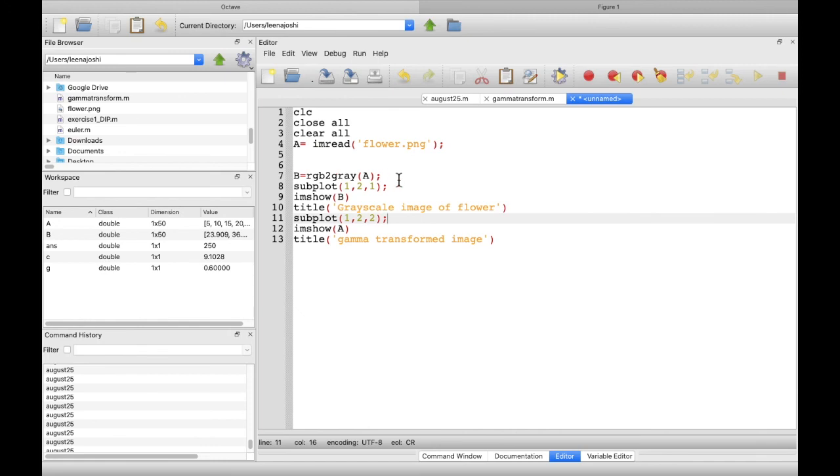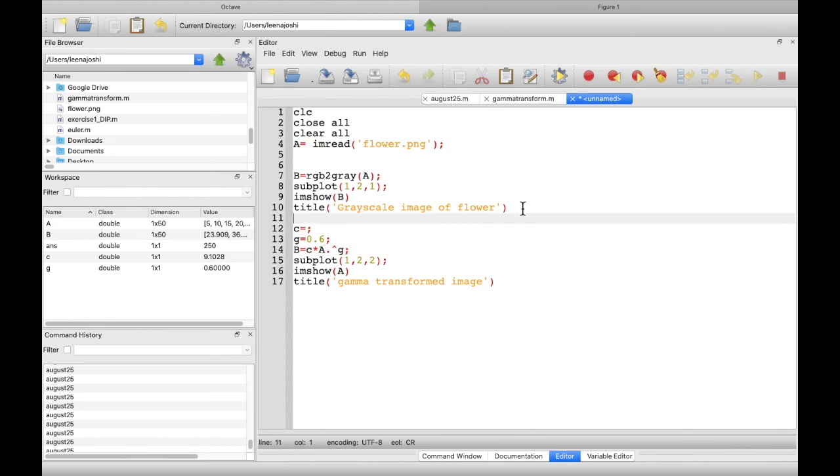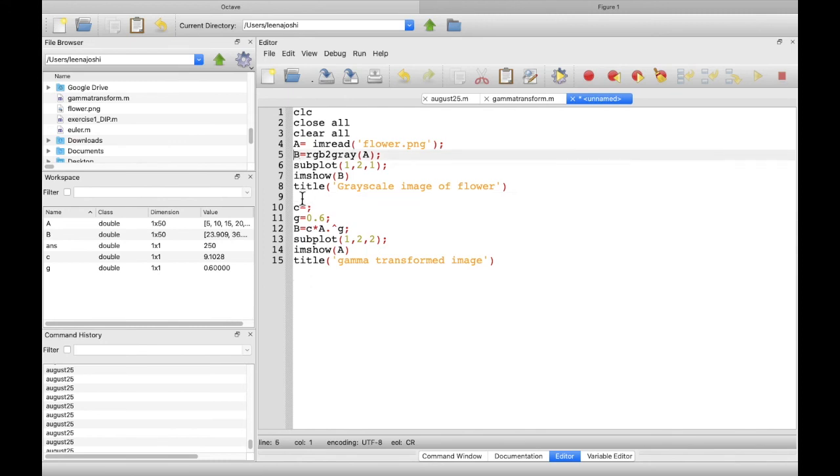While taking a real life image, we need to remember that we don't want to show the matrix because it will become very big otherwise. So here I cannot use this. First apply max function to the image B, which is the grayscale image. Okay, now we are set.